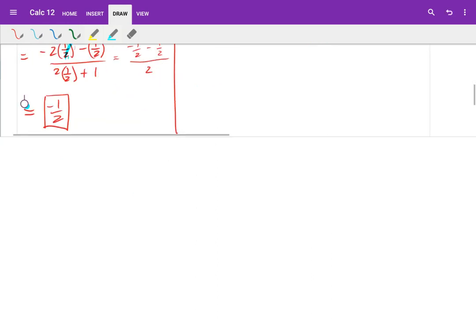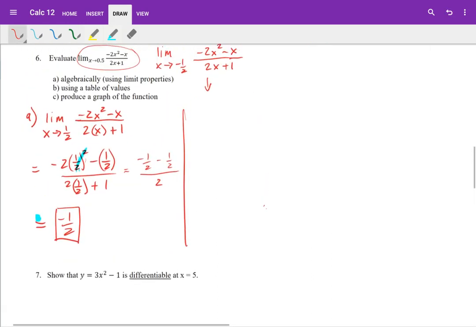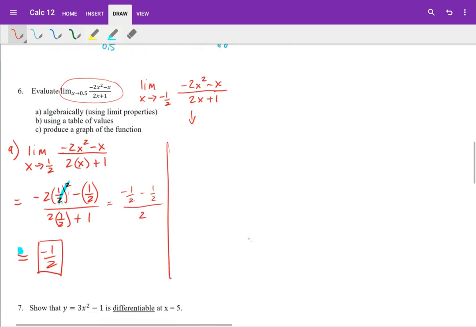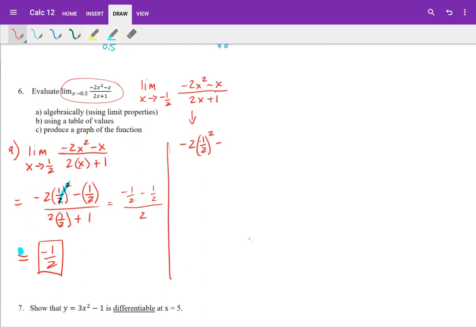So I'm going to do negative 2 times 1/2 squared. This is negative 1/2 minus a negative 1/2 over 2 times a negative 1/2 plus 1. Okay. And now if you look at this, you actually get a 0 over 0, right? Because up in the top here,